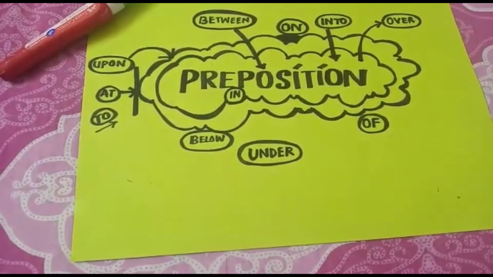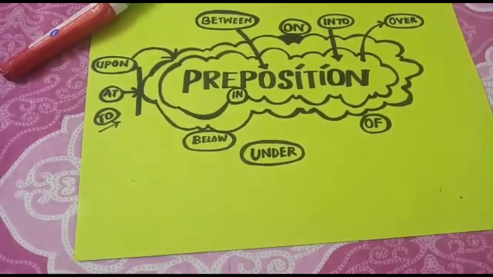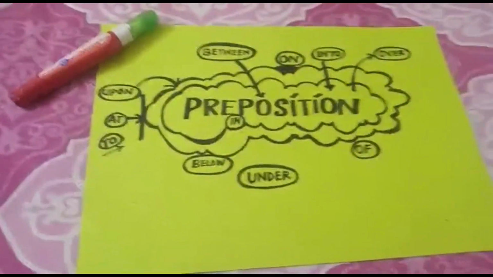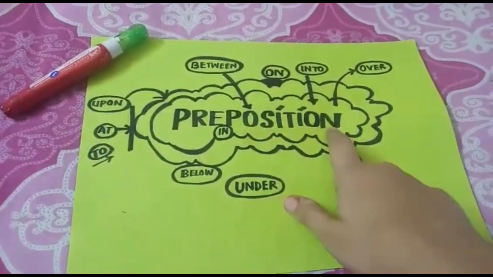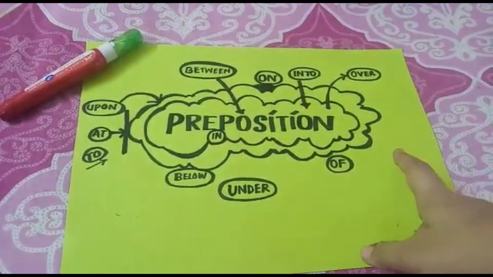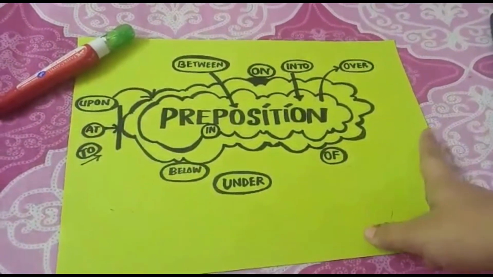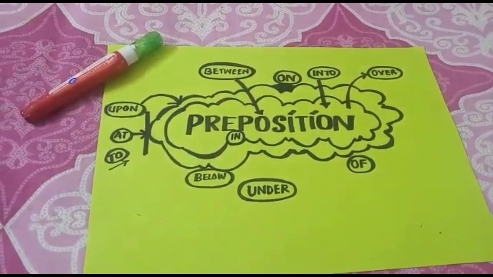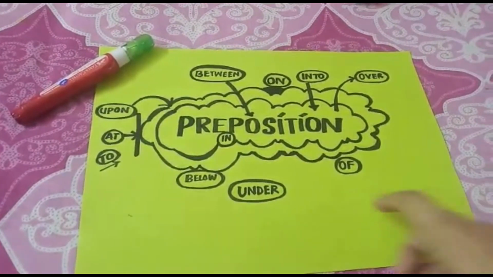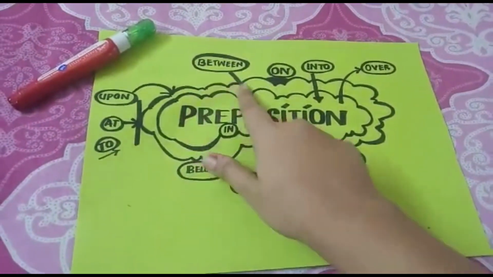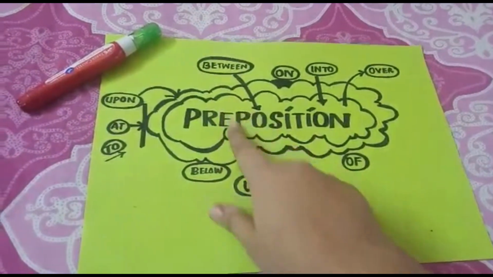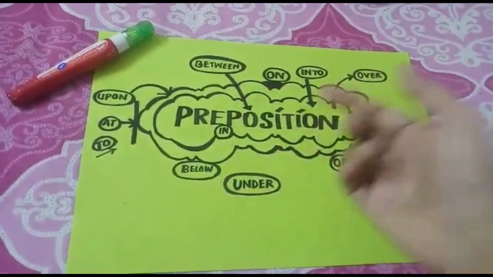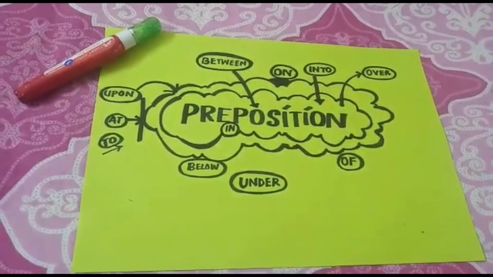Okay, friends, generally children get confused about what position is. So you see the word position in this preposition. Position means those words that tell us the position of one object in respect of another object. The first prepositional word which I will be explaining right now is in. Where is the position of in this picture? It is inside. Now you will understand this with the help of examples.